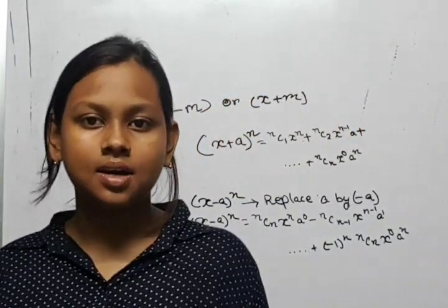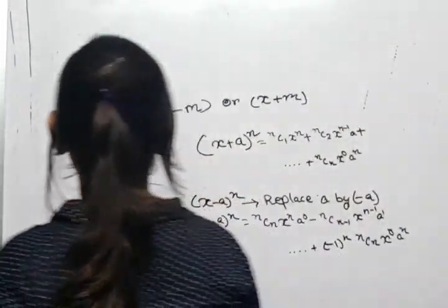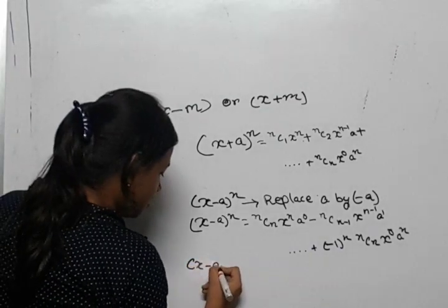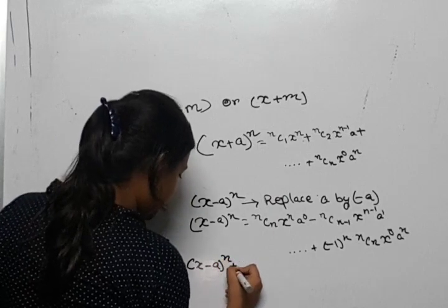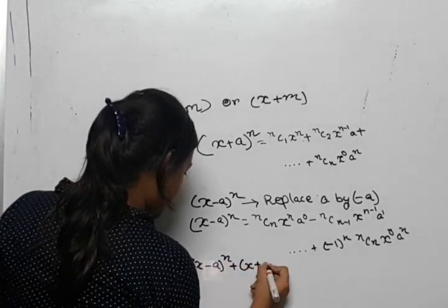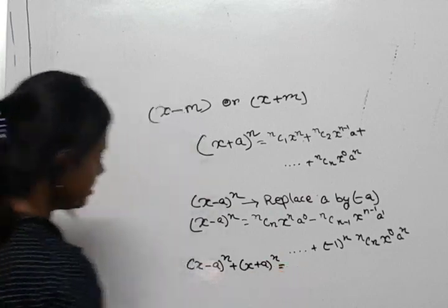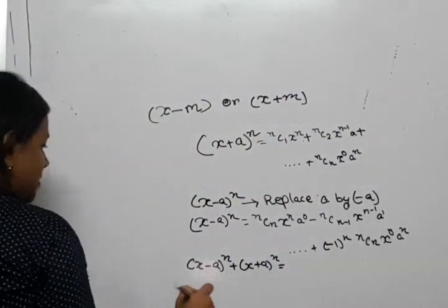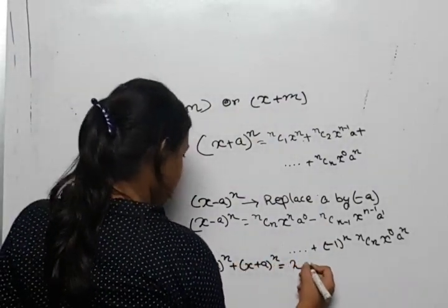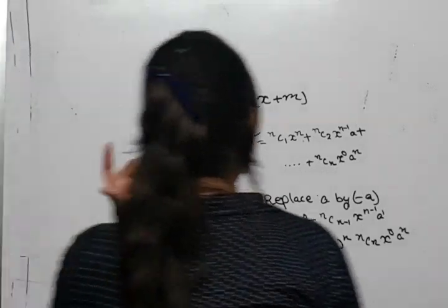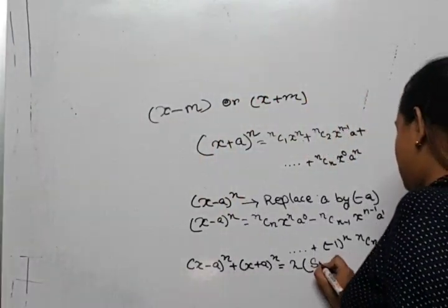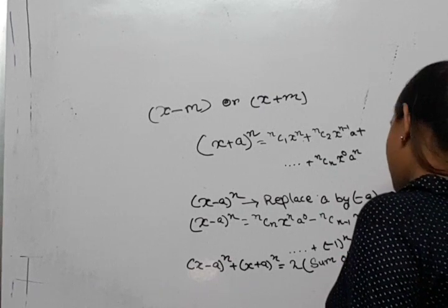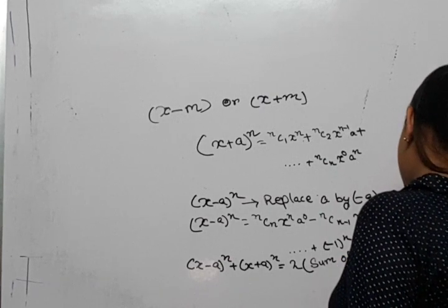Now let's look at when x minus a to the power n plus x plus a to the power n is taken. In this case, after simplification, it will be 2 into the sum of odd terms,